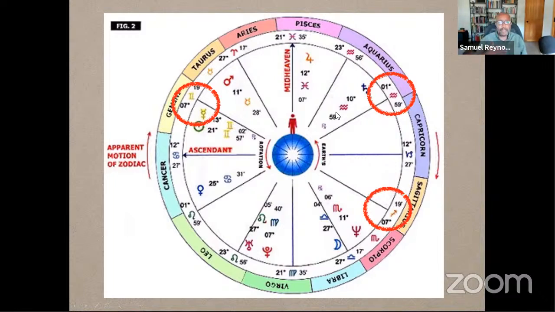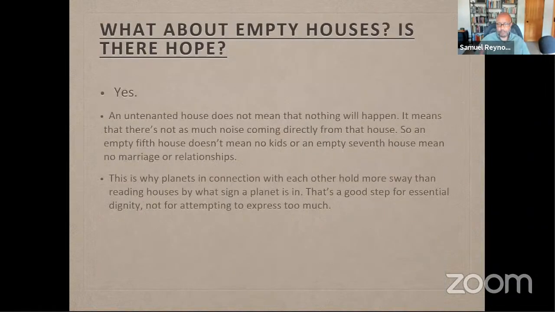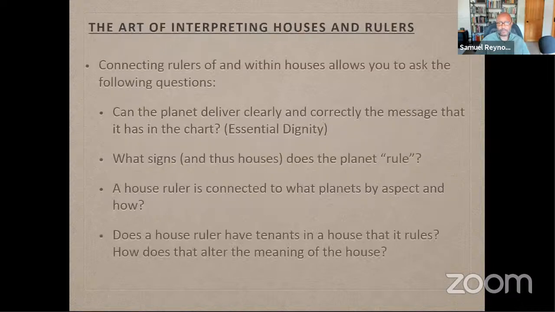I'm also taking into account essential dignity, meaning that the planet is in what we call its domicile, its home. So Saturn, one of Saturn's homes is Aquarius, classically. I know for many modern astrologers, they also look at Uranus related to Aquarius, but classically Saturn has 2 homes. He has a day home and a night home. Saturn in Capricorn is his night home, and then Saturn in Aquarius is his day home. So again, that's to answer the question about empty houses.